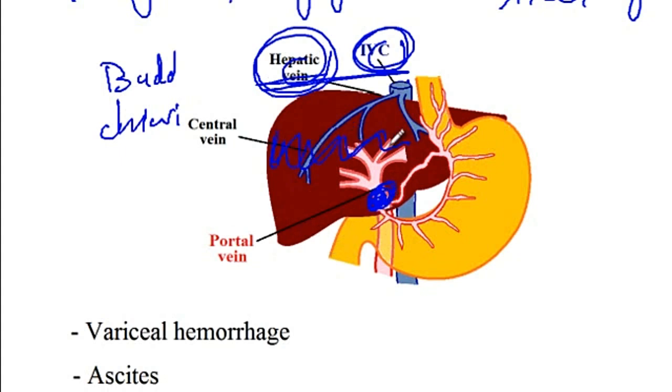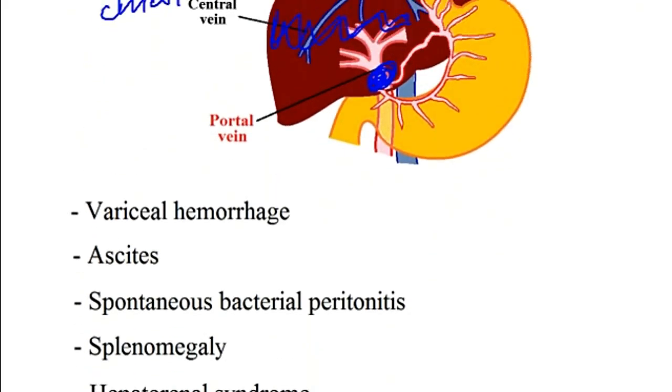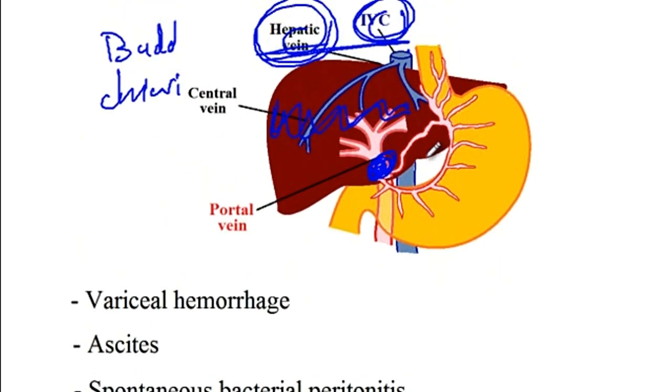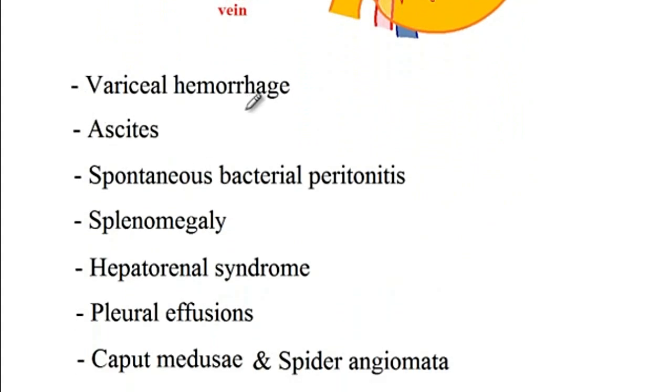So therefore it could be intrahepatic, posthepatic, or prehepatic obstruction of the vessels to lead to the portal hypertension. Now, presentations of patients with portal hypertension include variceal hemorrhage. Since there is now blockage of the portal veins, varices, like esophageal varices, develop in these patients, and so there is a risk of the rupture of these varices and hemorrhage. So therefore, variceal hemorrhage can result from portal hypertension, as a consequence of which patients can present